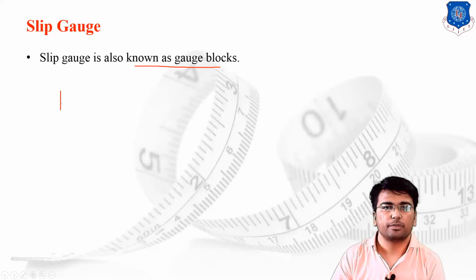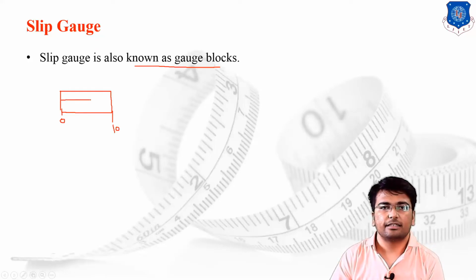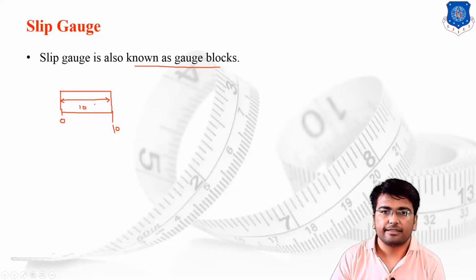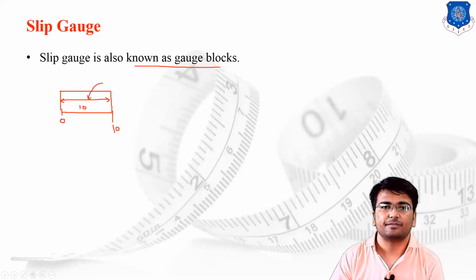But one question arises. Suppose this is a linear scale, starting at 0 and ending at, let's say, 10 centimeter. Then I can say the length between these lines is 10 centimeter. But how can you justify that this particular length is exactly 10? Suppose I put the scale over here and simply measure the length of the line. This is the conceptual method for measuring the length of a line.